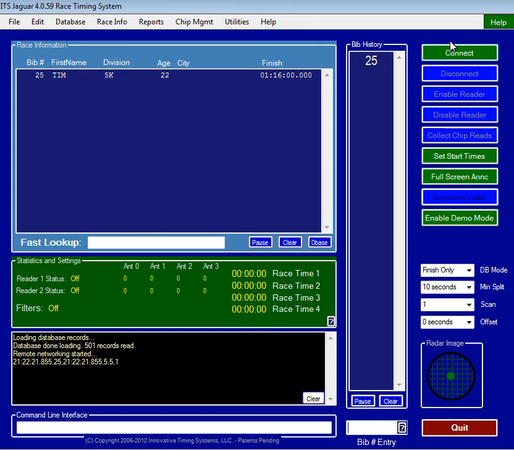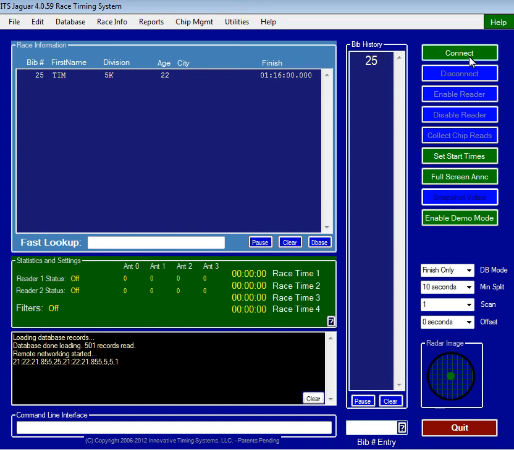Over to the right, we have a series of icons that are used to operate the system. You'll learn much more about these in other modules, but for now, let's take a look at just a couple. First of all, there's a Connect button. Connect is what actually allows this software running on the laptop or desktop to begin communicating with the reader box. You'll remember from past training that you've placed an Ethernet cable into the laptop, or perhaps you're using a USB cable. Well, the Connect button is what allows the software on the laptop to connect to the timing cabinet and